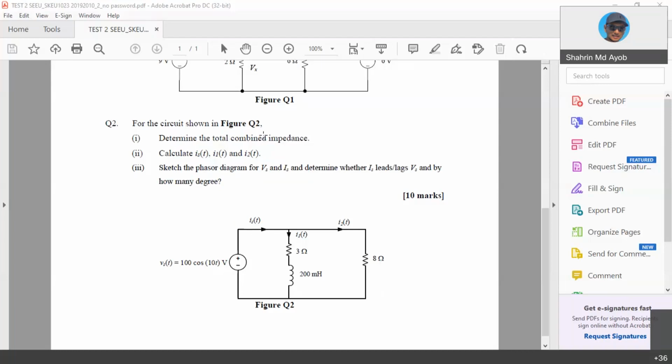As you can see here, first you need to calculate the combination of the impedance. So what you need to do first is to convert this into a phasor. Then after you get the answer, you need to convert it back into the time domain. Before I discuss these questions with you today,